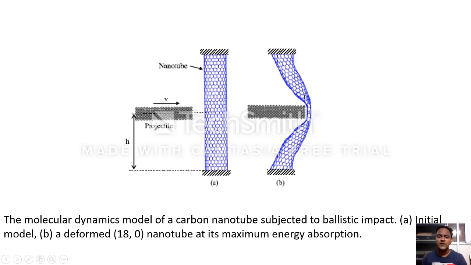So here, because of this carbon nanotube structure, this gives very high maximum energy absorption, which is one of the important requirements in ballistic clothing. So these fibers absorb more energy and dissipate the energy also, so that they can be used as very effective ballistic clothing.